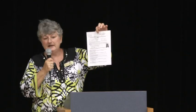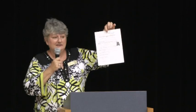But the most critical piece of this whole paper is this top right corner right here. This top right corner says, yes, the student carries an emergency medication. If there is a check in that box, that is your sign that that student could possibly have that medication on their person when they get on the bus. Now, can I guarantee that? I can't, because that means that the parent is the one that has to make sure the kid brings it